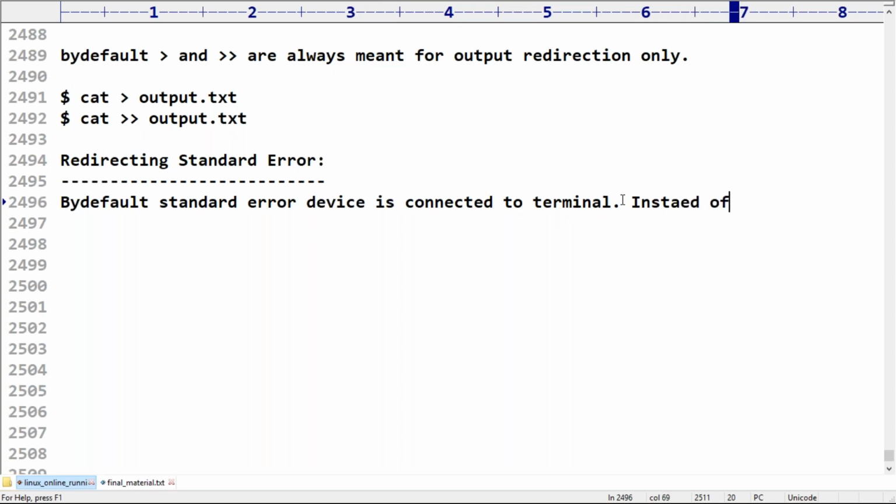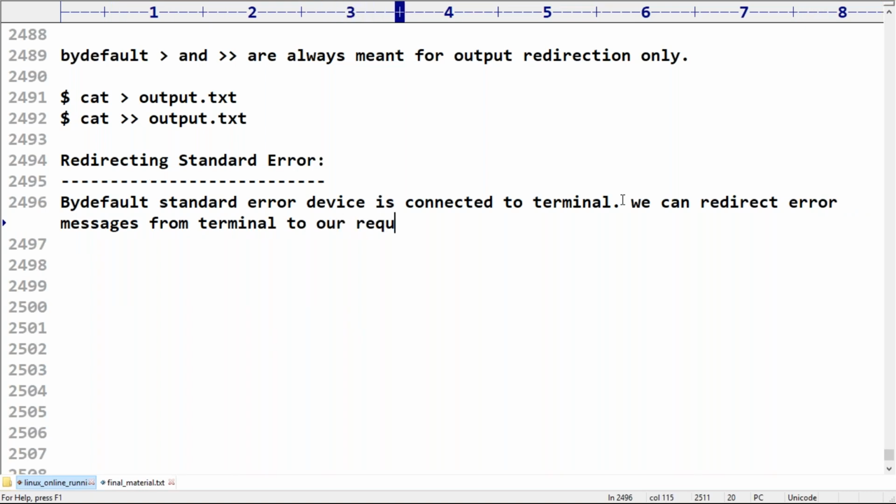Instead of terminal, here just observe, we can redirect error messages. We can redirect error messages from terminal to our required file, we can redirect it to our required place based on our requirement. Okay, like so now observe that